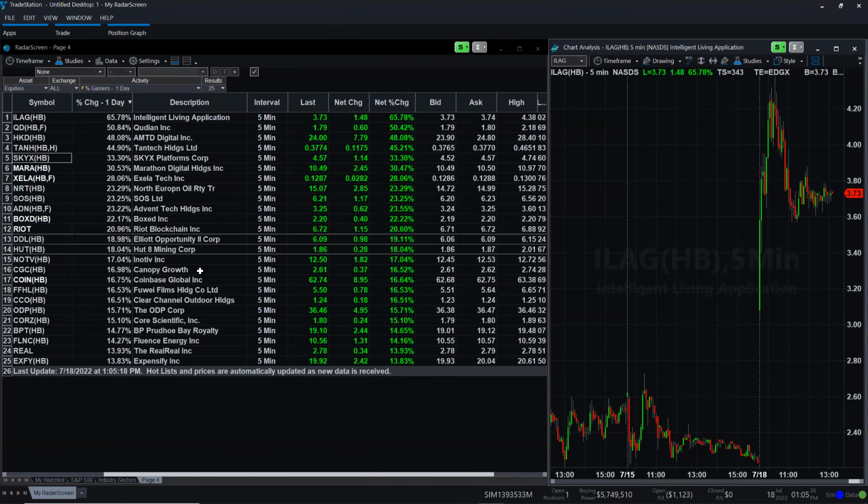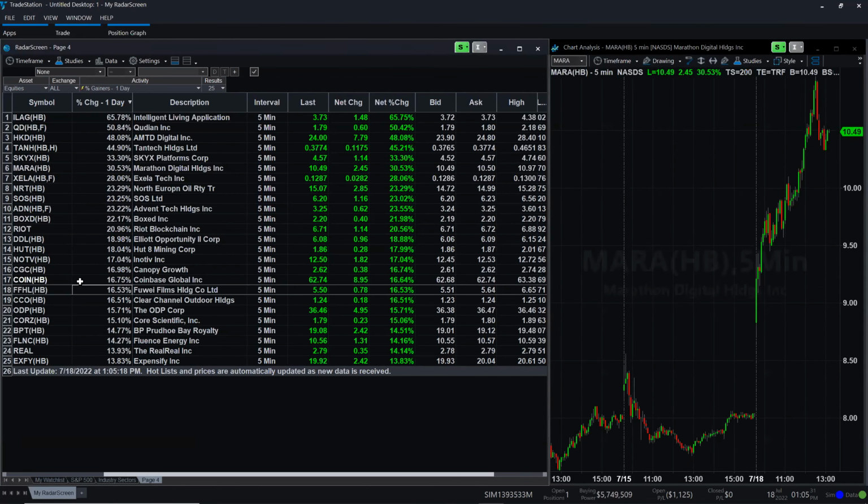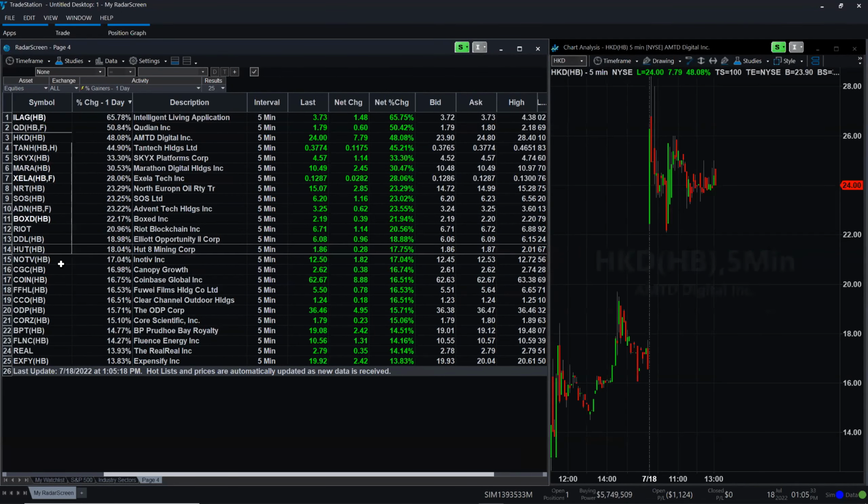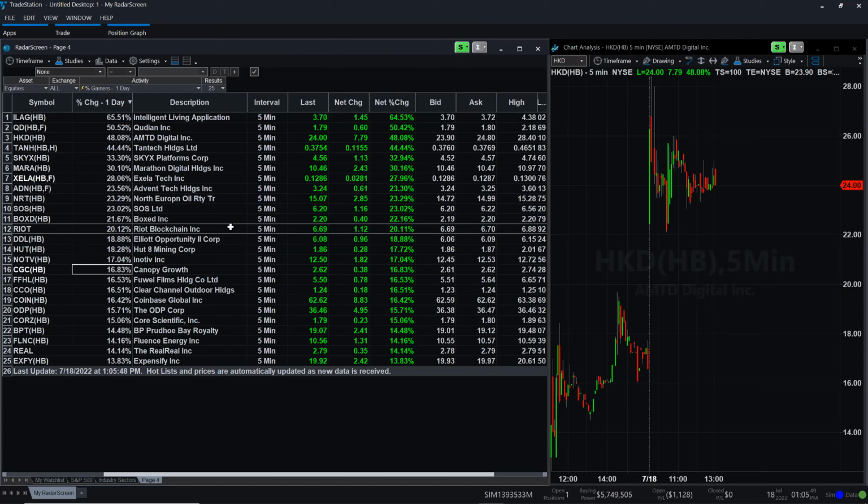The limitation of bringing in the hot list here is that you cannot make changes to these symbols. You cannot remove them because these symbols are automatically fed into the radar screen using the hot list. And it makes sense that you cannot modify these symbols because then you're breaking the list. So this would not be the percent gainers anymore. You selected the list because you wanted to see the percent gainers. So if you really wanted to manage this list of symbols, by the way, before I do that,